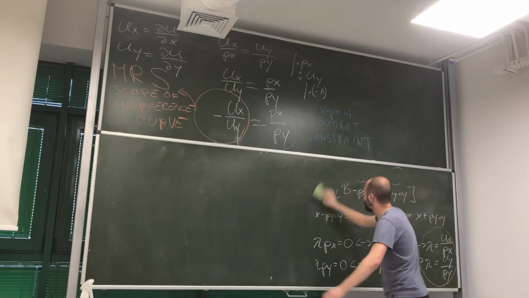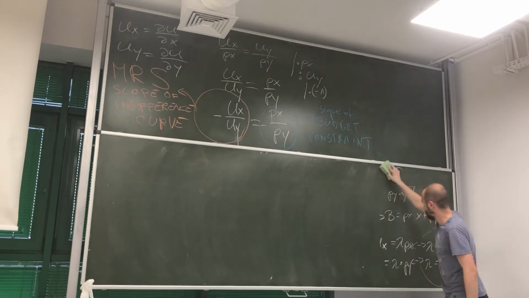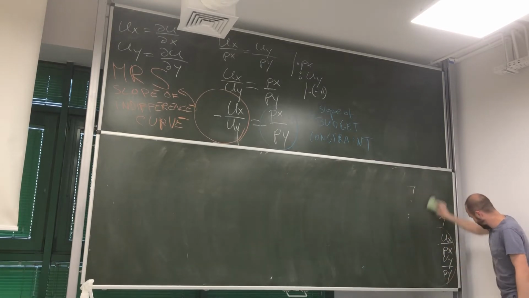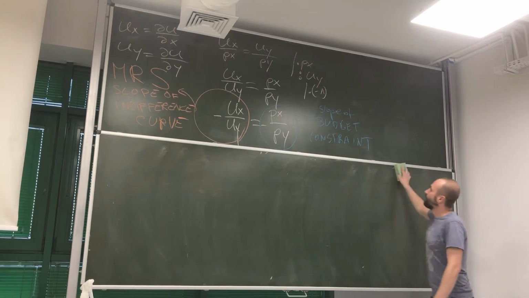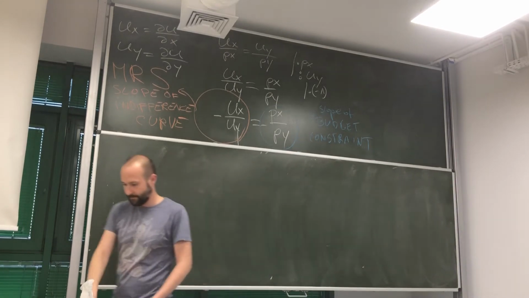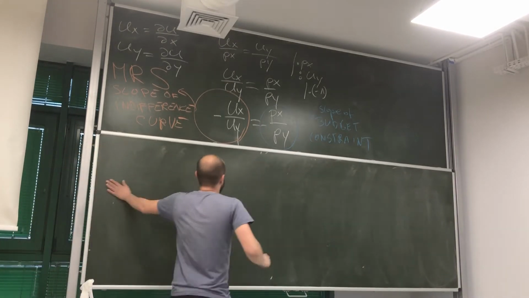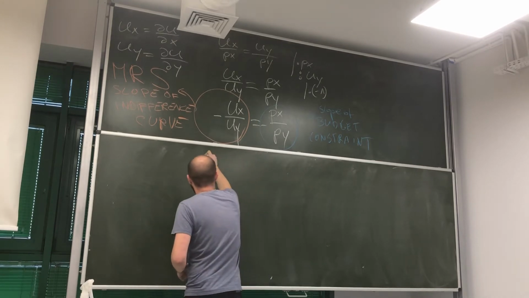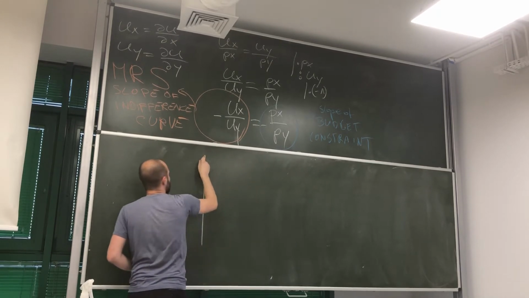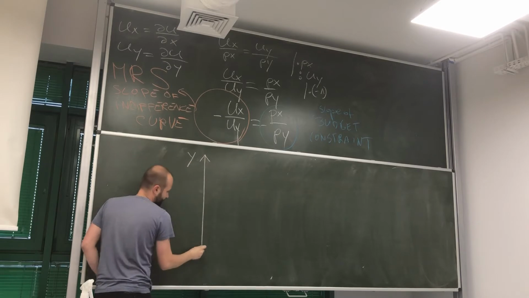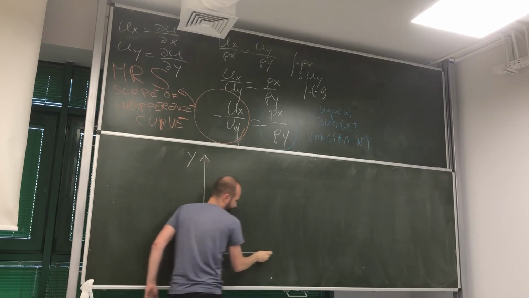Okay? And now we can demonstrate it using a graph. Okay, so we get here quantity of good Y,